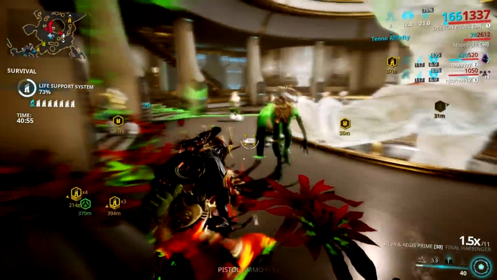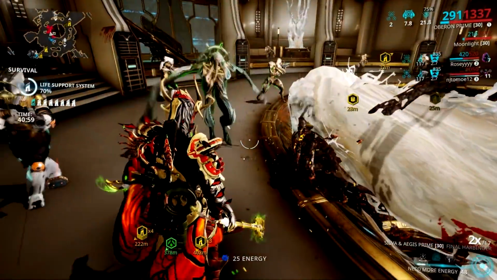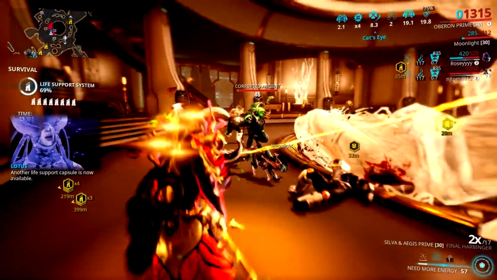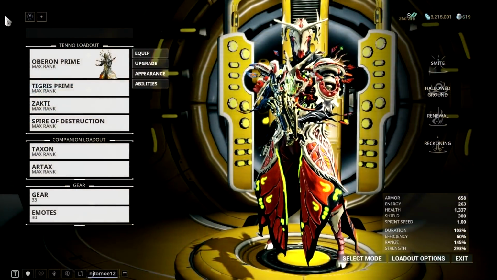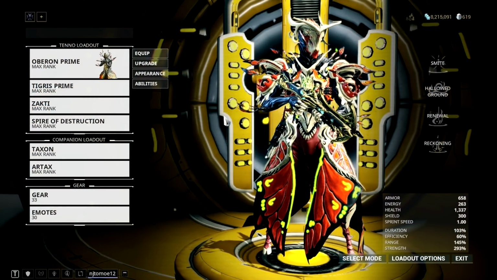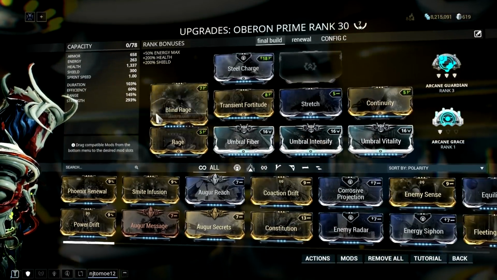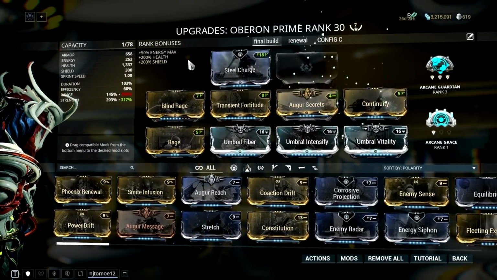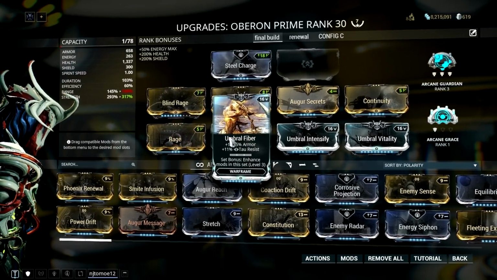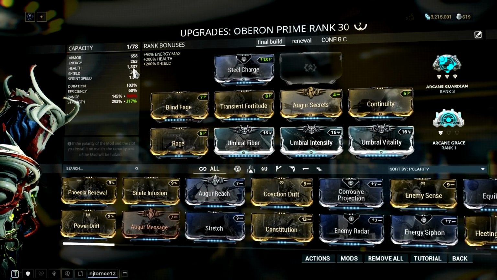But for now, I will be sharing my experience on equipping the new Umbral mods to one of my favorite frames, Oberon. Are these mods worth it for this Warframe? Let's find out. Now there are a couple of build variations that I tried while the new Umbral mods are present on Oberon. The first one has the 3 Umbral mods with tons of power strength. As you can see, the 3 Umbral mods alone translate to tons of EHP, as it gives